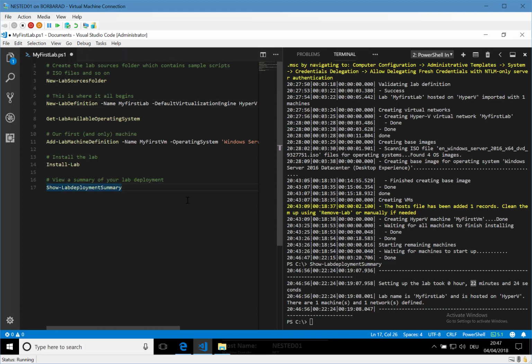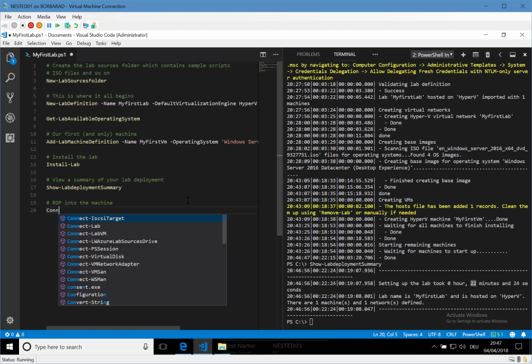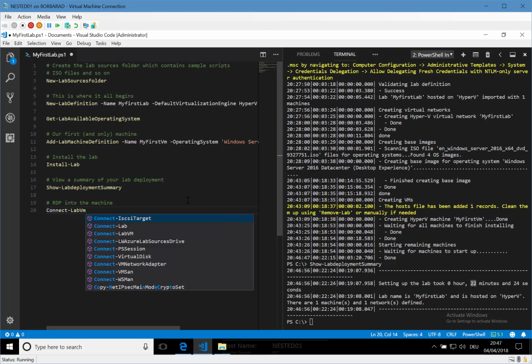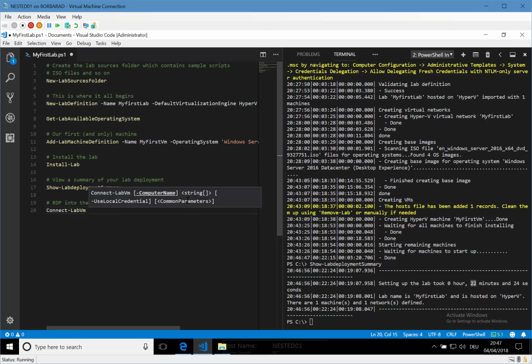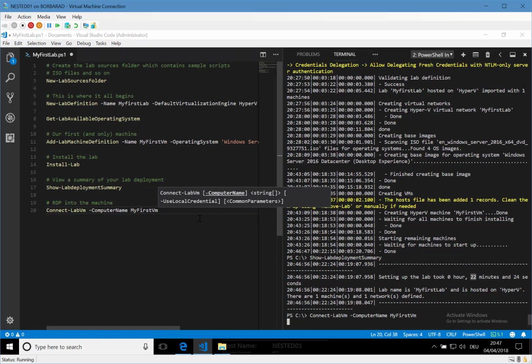So now we can connect to the lab machines, for example, by using a remote desktop connection and the commandlet Connect-LabVM. Because, of course, we don't know the credentials, for example, that were used to actually create the VM. This is handled by AutomatedLab internally, and we can simply connect to the VM and everything is handled for us.